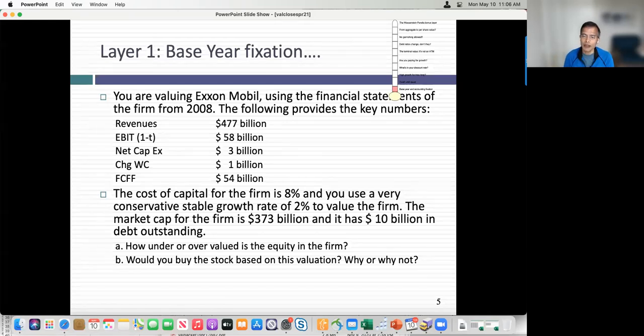The solution is easy, right? What do we need to do? We need to normalize numbers. Easier said than done. We need to look at what ExxonMobil takes in a normal year, not what it did in 2008. And I would say many of you are facing the same challenge in 2021 when you're valuing commodity